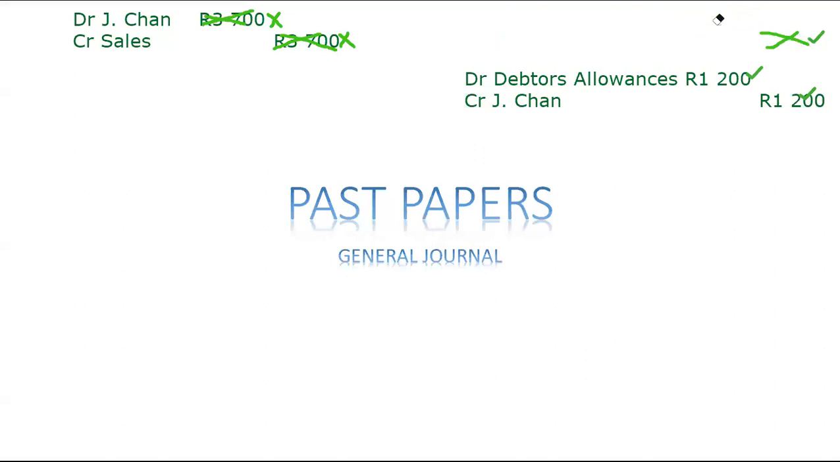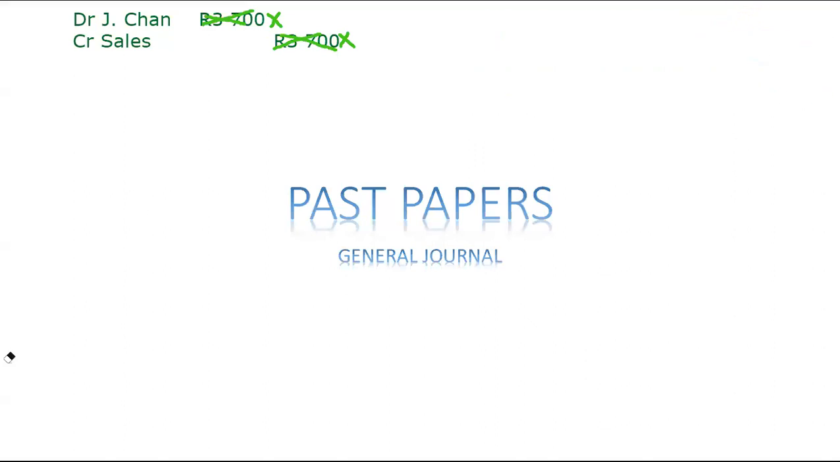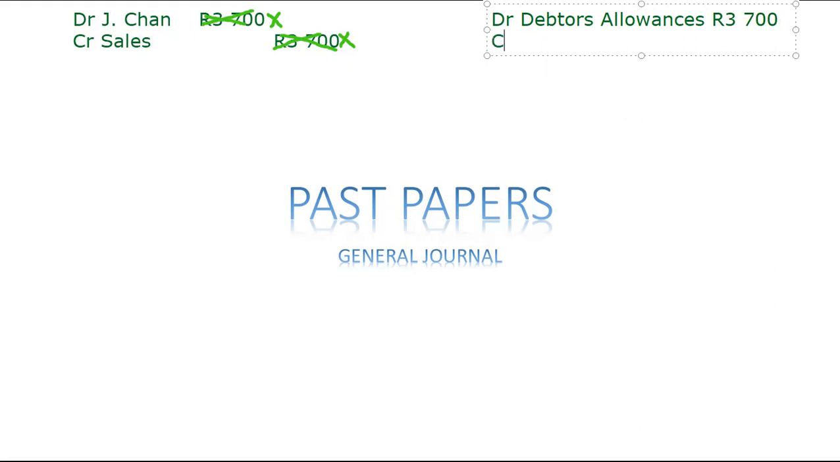Okay, let me see. Okay, it's deleting everything. Okay. I don't think I need to repeat this. You'll understand why I'm doing this because I've explained it already. You're going to have allowances by 3,700. Then we're going to have credit J Chan